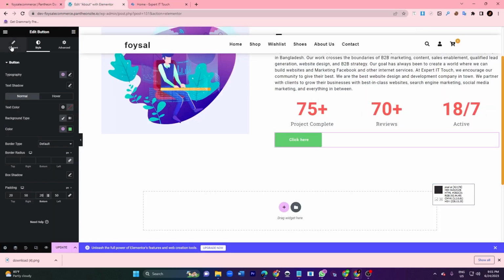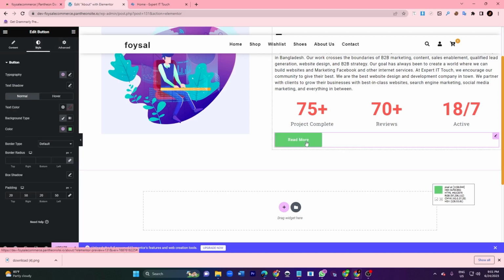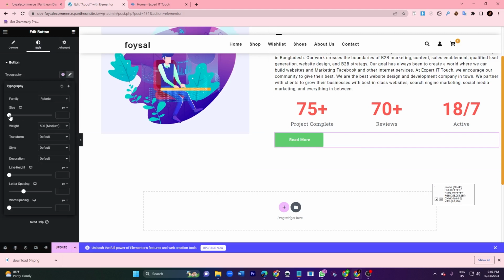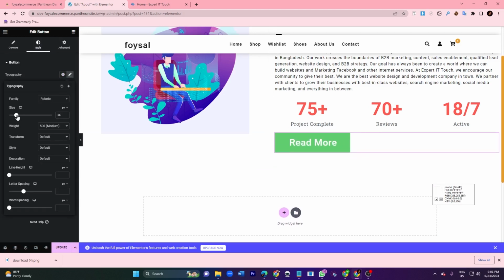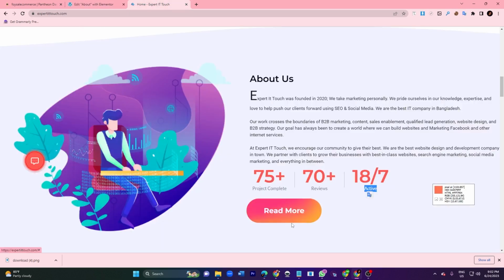So read more, if I go to the content section, and here is the text option, it will be read more. And if I want to increase the text size, you just go to the style and go to the typography, I will increase it, and font family will be Poppins. Okay, I will leave it at 20 pixels. Okay, now this is the gradient button. So how to make a gradient